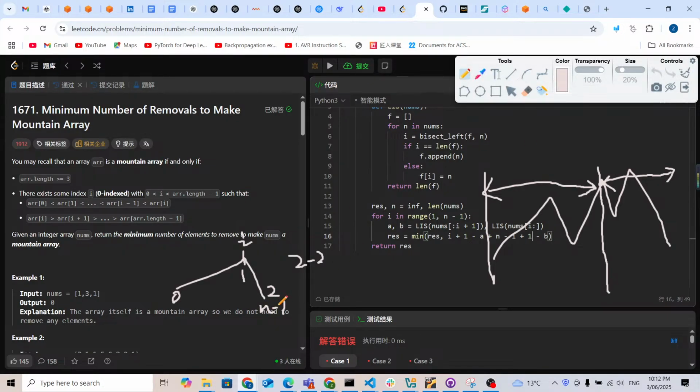Yeah, so this is n minus 1, n minus 1 minus I plus 1, which is going to be n minus I. Then we're going to minus b. But finally we need to plus 1, because this is the duplicate for this point. So here we have a duplicate while we are calculating for the left side or for the right side. We have to minus